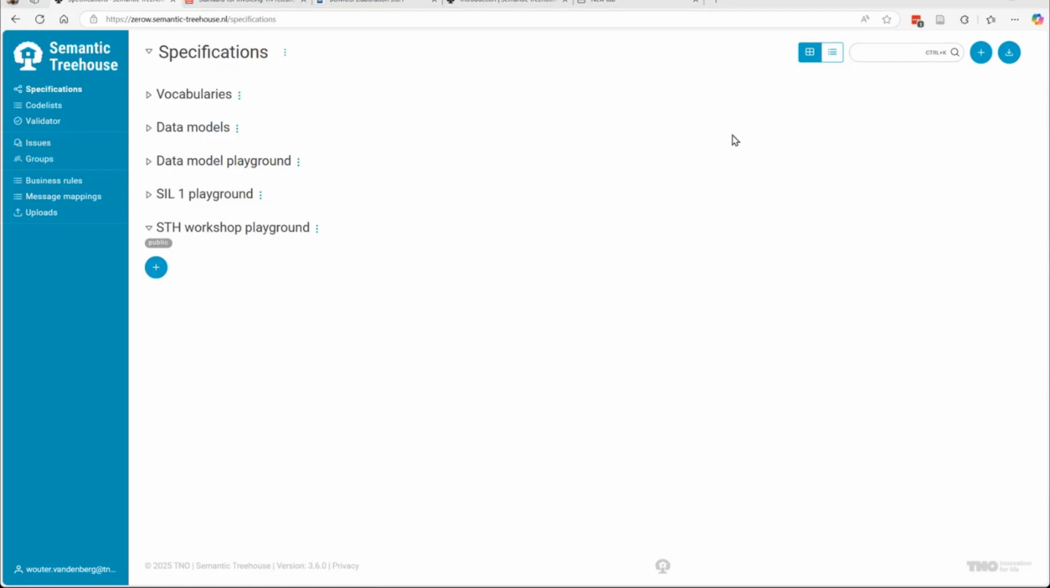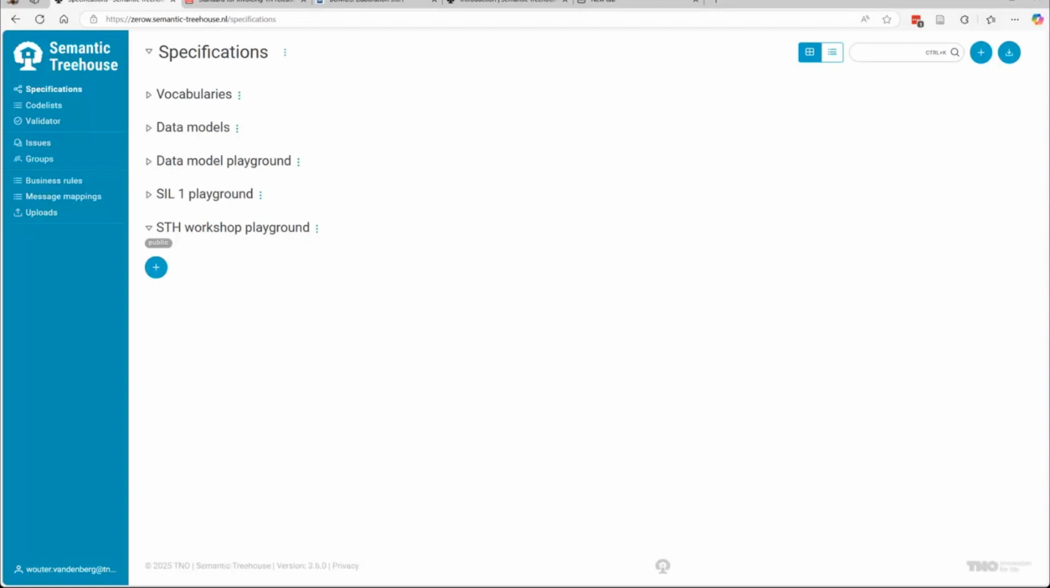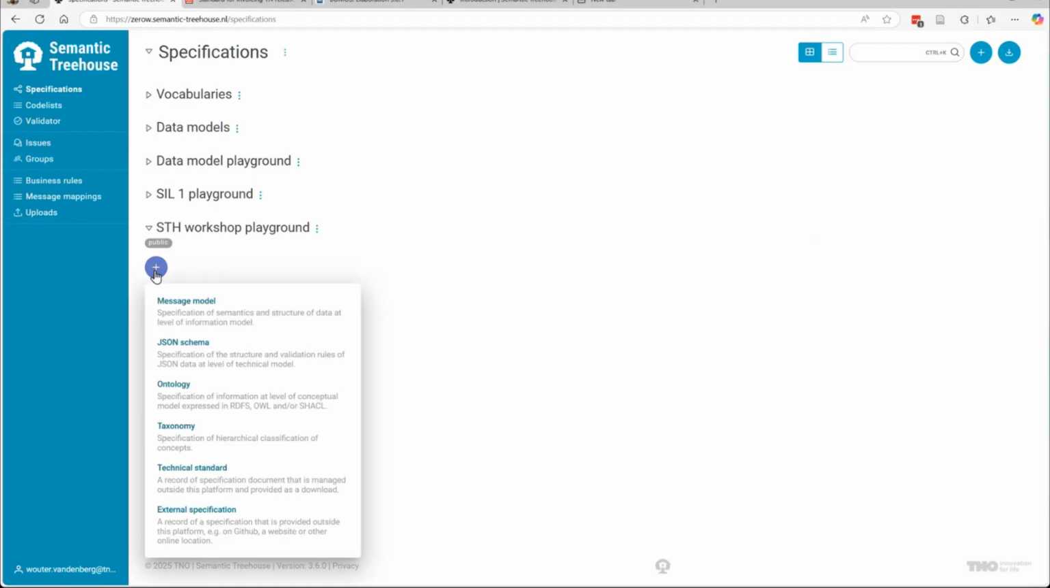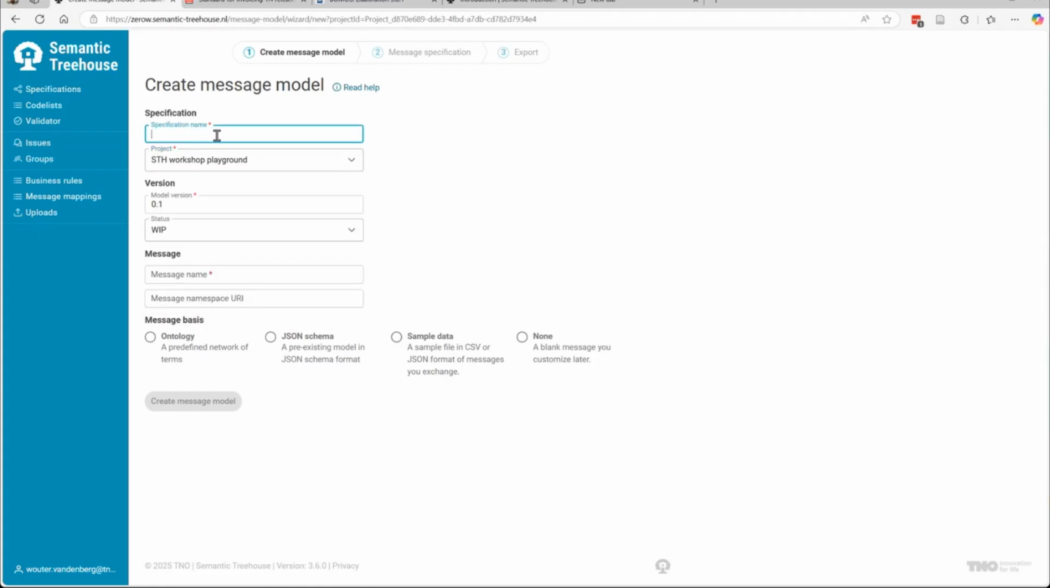specification based on the zero waste ontology, so that Semantic Treehouse will give us guardrails to make sure that what we make reuses the specification of zero waste, right? Or some others, but we've chosen the zero waste ontology now. Let's see. But let's create a new message model. And we can do it in the workshop playground. I made it specifically for now. Put it there, and we'll just call it